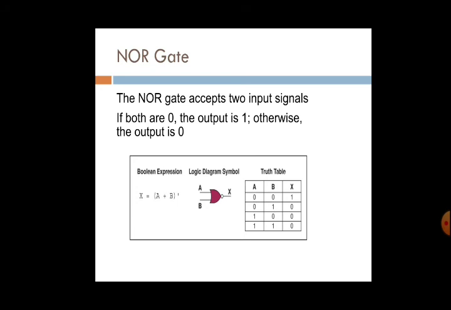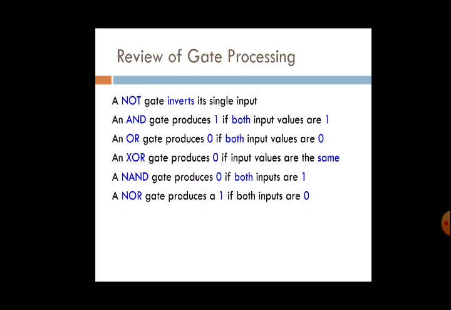In other situations, input A and B at 1 level, output is 0. Input A is at 1 level, input B is 0 level, output is 0. Input A is 0 level, input B is 1 level, output is 0. So this is the complement of the OR gate. X is equal to A plus B, whole bar. This is the exact opposite of the OR gate. So this is all about NOR gate. Now see the summary of this. All the gates are here.